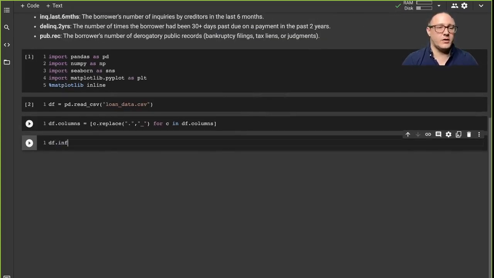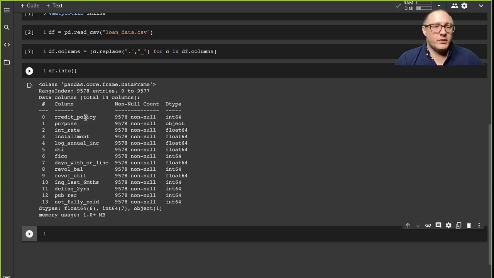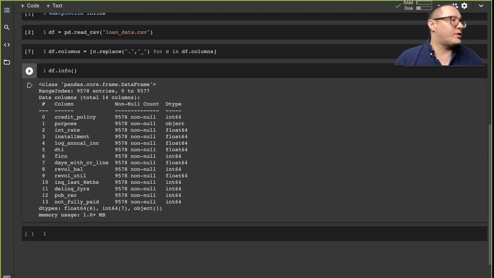Now let's look at the information of the data set. We see here that we have our credit policy, we have no missing data, purpose, interest rates, installments, log annual income, and DTI, which is the debt to income ratio of the borrower, the amount of debt divided by the annual income. We have their FICO score, and days with the credit line, an incremental number of days for the credit line. We have the revolving balance and the revolving utilization rate